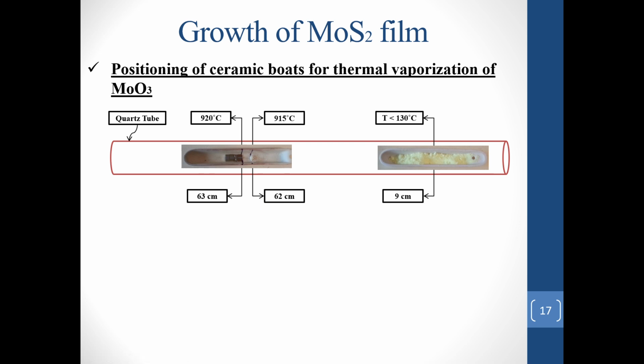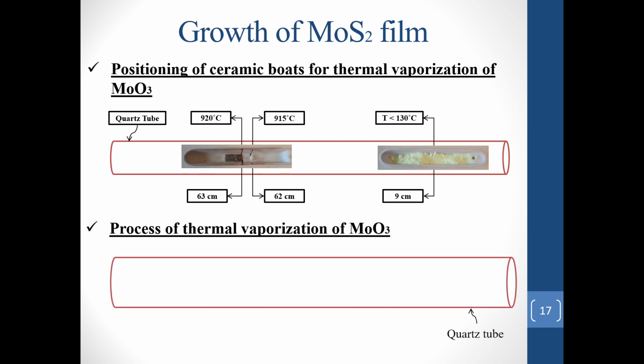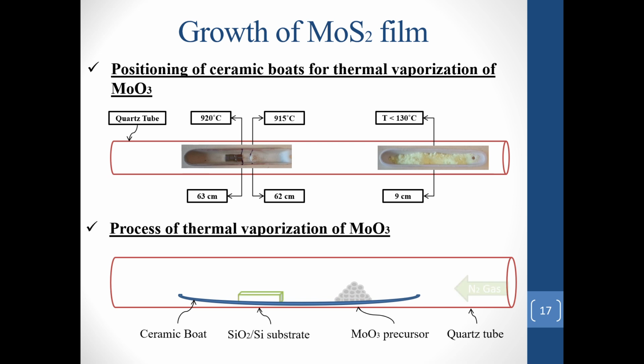Now what would happen? You can see the process of thermal evaporation of MoO3, how it forms. In this animation you can see this is our MoO3 precursor and this is our silicon substrate, and we have to supply nitrogen gas externally. Now you can see what would happen. You can see the precursors are now forming on the silicon substrate. Once it is successfully on the surface of the silicon substrate,